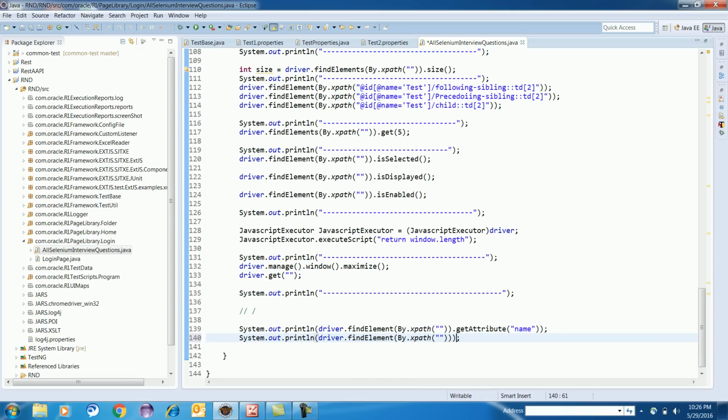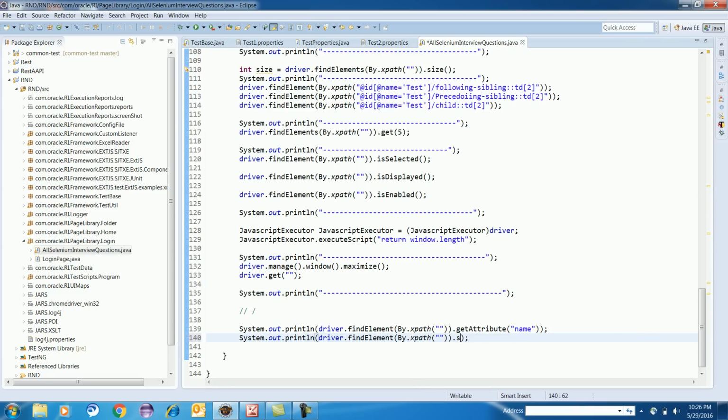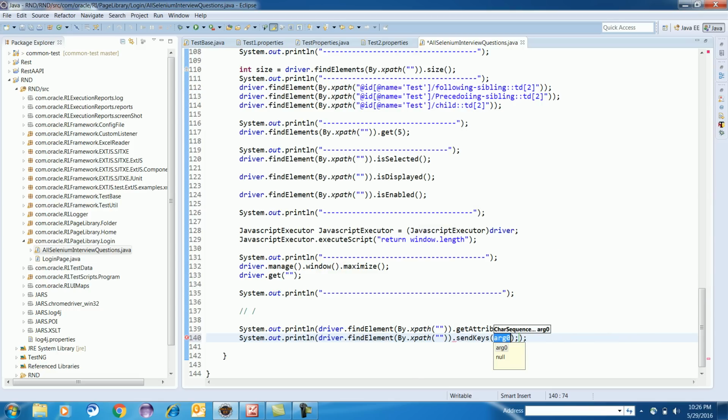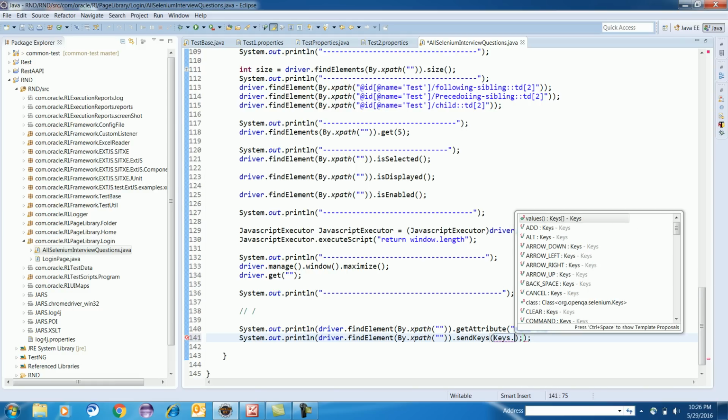What I can do is write driver.findElement by xpath, dot sendKeys, and here I can write Keys.ENTER, right?